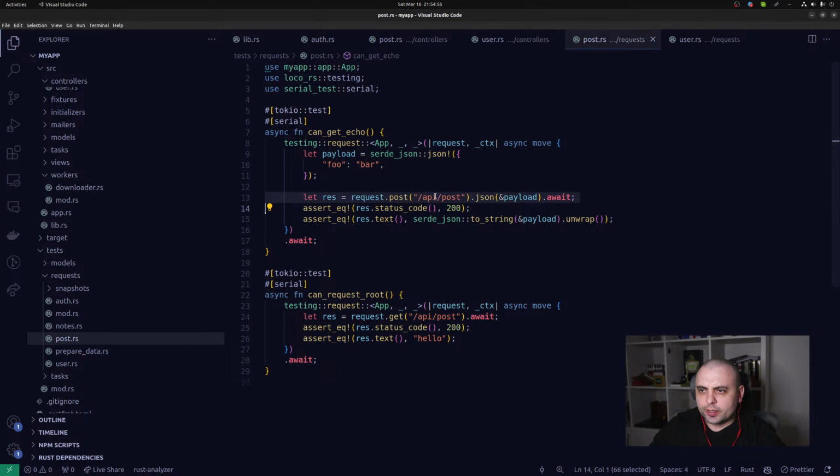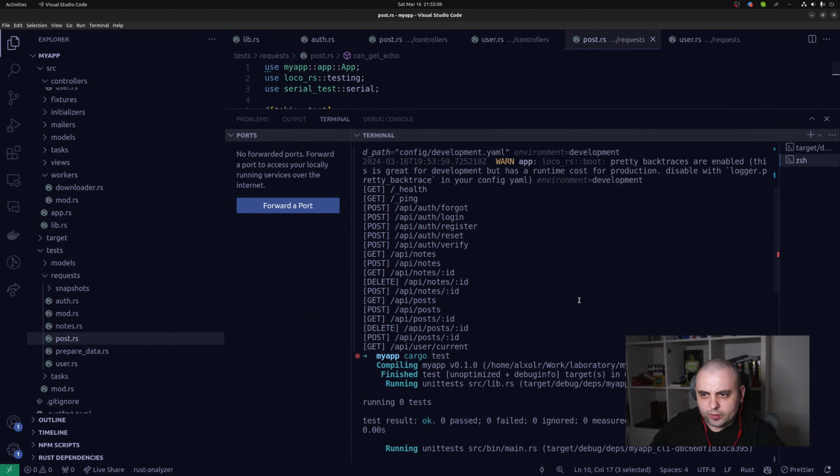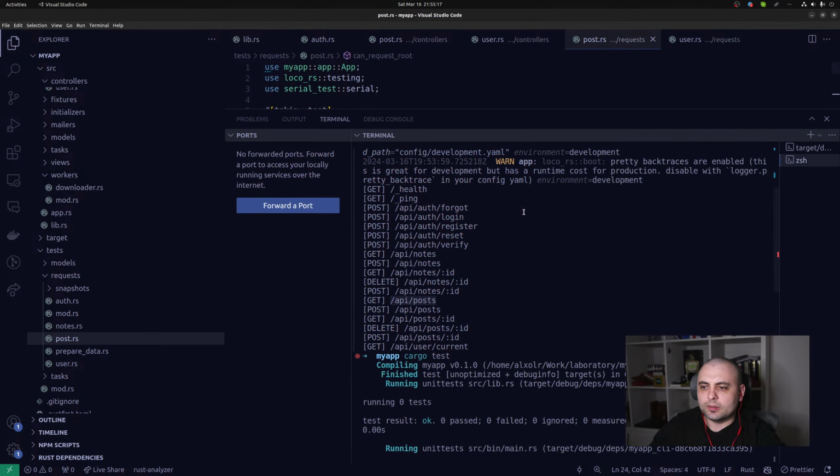Yeah, let me check this. So payload, it would be foobar. But it's not the right payload though. Let's check the routes again. So it's not post, but it's posts. Yeah, that's completely wrong. I mean, it's generated, but